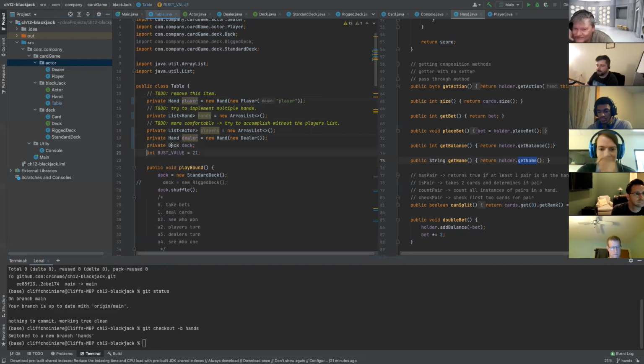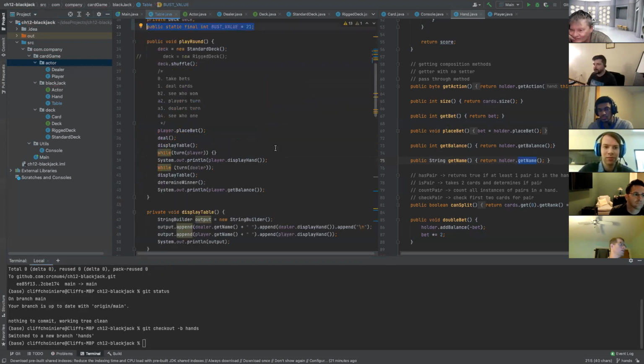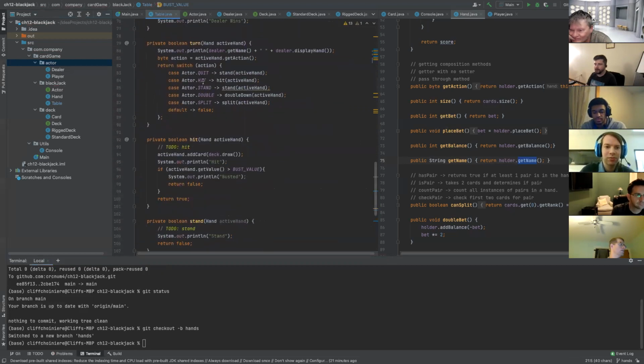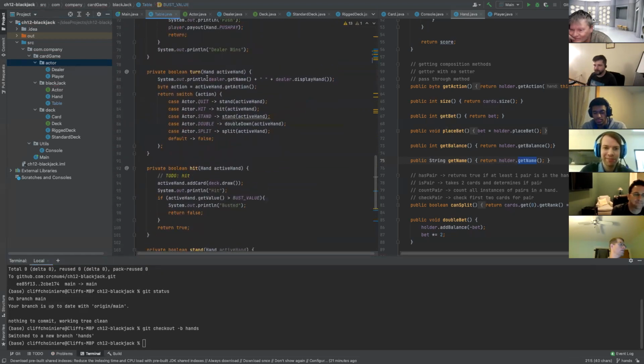Except for these static values, I do like them as public. Public static final int. These are really useful because this is a value of the Blackjack table. This is a generalized item for Blackjack in general, so if I want to access this outside of it, I can just do table dot bust value, just like we did below with the hand dot action or actor dot action. I could have accessed this through hand, of course, done hand dot actor dot quit or something like that,